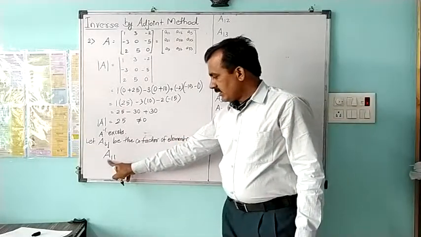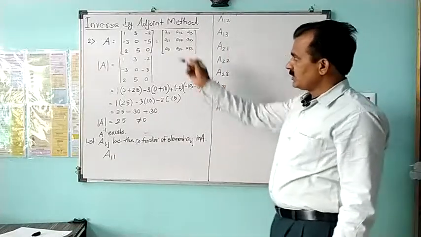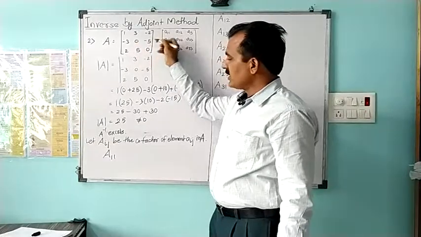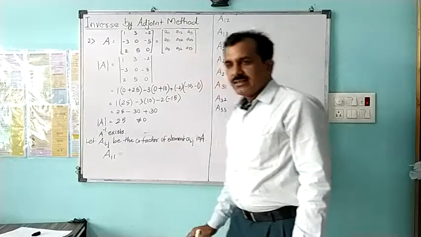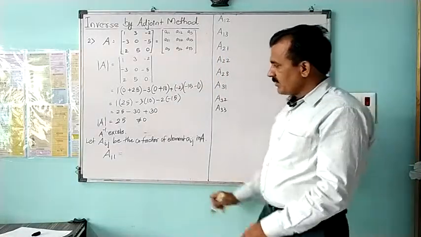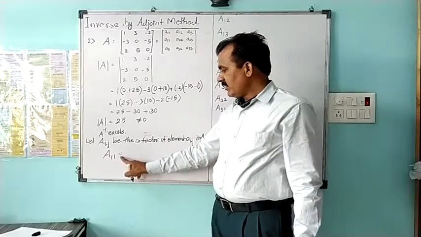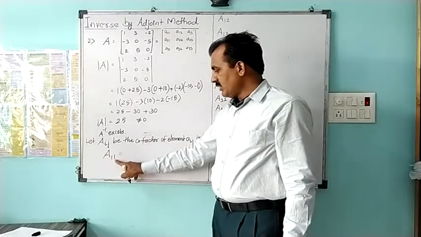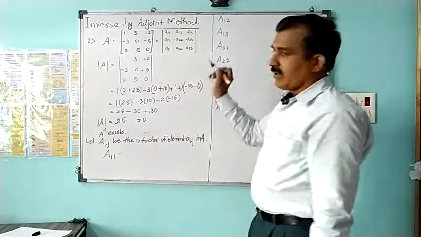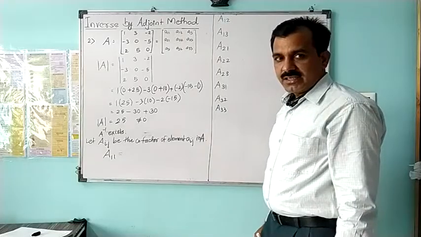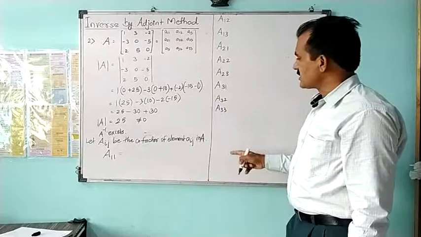Now these 9 cofactors can be obtained by eliminating rows and columns from the given matrix. Here, we skip the process of writing -1 to the power 1 plus 1; this can be directly accepted. This -1 raised to the power i plus j gives the positive or negative sign to the numbers.